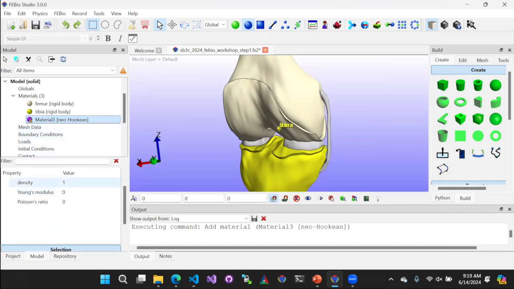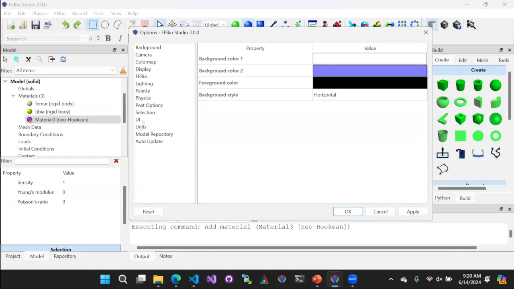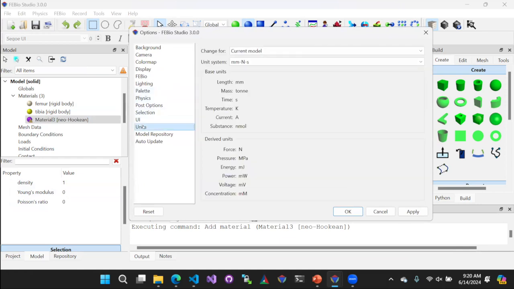And this time we do have to enter some material parameters. So for the Young's modulus, oh, I forgot to do something. So as you can see here, there are no units here. They're just numbers, right? So FEBio Studio can show units if you want to, which is often helpful. So let's turn that on. Go to the Tools menu at the top. Select Options. Then find the Units item in the left panel. And then